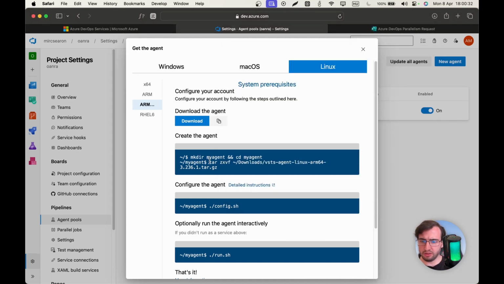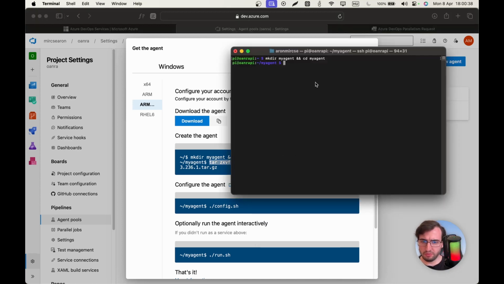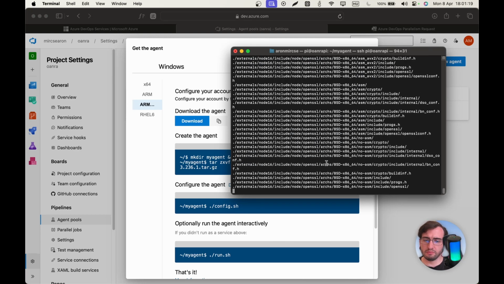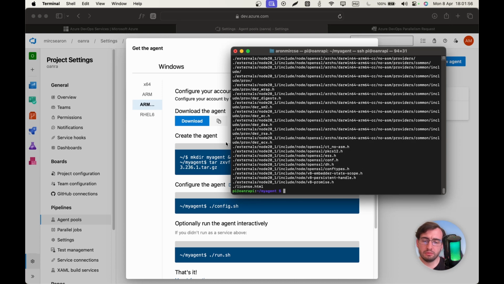Then unzip it. It was a little bit slower since it's a Raspberry, but now we can run